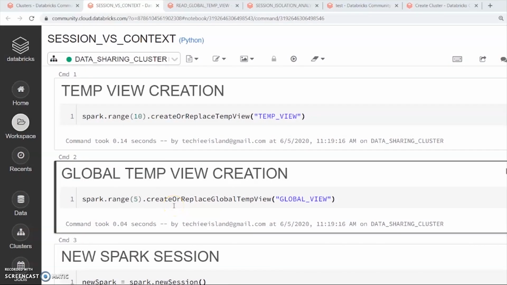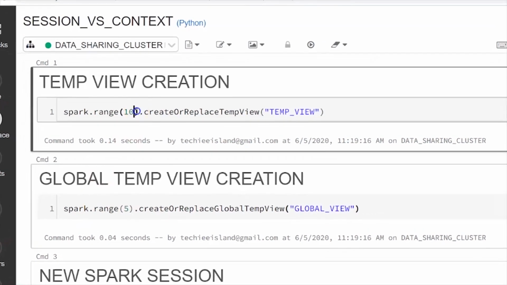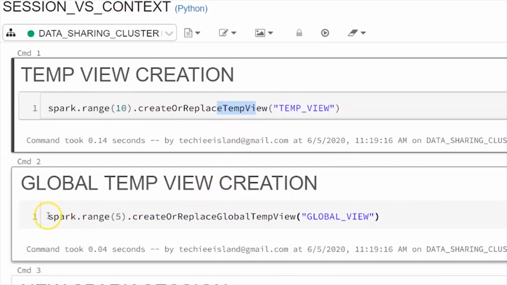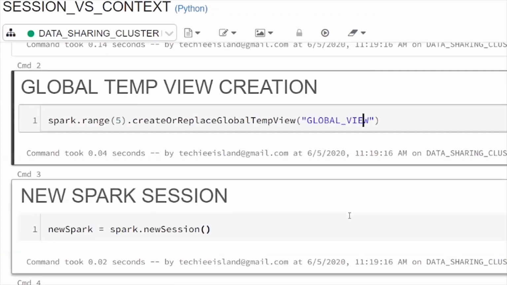Now we are in the Databricks cluster. We are going to see the same thing we tried in the IntelliJ IDE for sharing data using temp view and global temp view. Here, each notebook you can consider as a single Spark application or a single Spark job. Now we are going to create random 10 rows of data using a temporary view. Then we are also creating a 5 record data frame and creating a global temporary view on top of it, similar to how we did in the IntelliJ IDE.